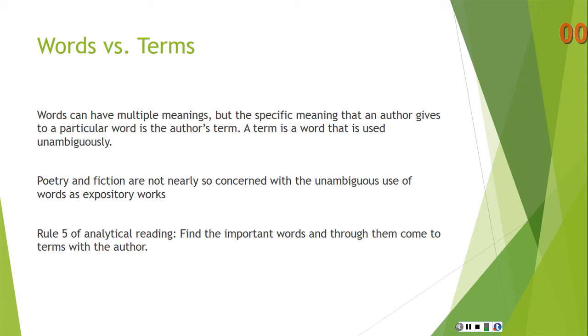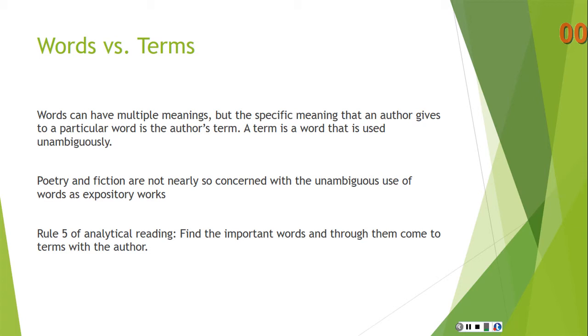So words can have multiple meanings. If you look up any word in a dictionary, most likely there will be more than one meaning listed. But when a specific meaning is given to a particular word by an author, we would call that the author's term. So there's a difference between a word and a term. A word can have multiple meanings, whereas a term is a word that is used unambiguously. It only has one